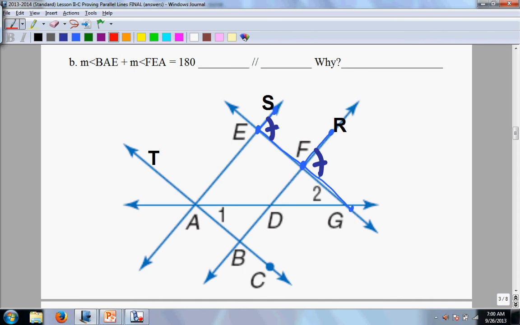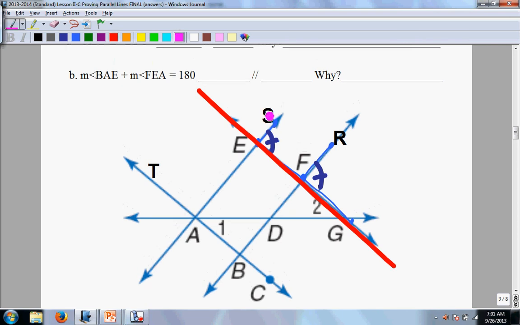I'd like you to lay your stir stick down this way, or just darken it. Only that line qualifies as the transversal, because it's touching both lines. Now, ask yourself, which two lines is it cutting across? It's cutting across these two lines right here, which forces those two lines to be parallel, but now you have